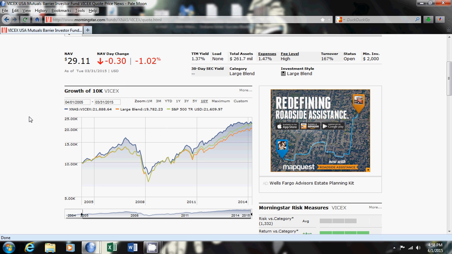Now, there are going to be three colors here. One is this darker blue color, and that's the actual mutual fund. You can see that performing there. And then the other is the orange one. It says large blend. It isn't always going to be large blend. The reason large blend is listed as such is because that is the respective benchmark that Morningstar has assigned to